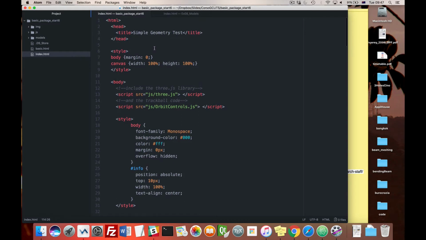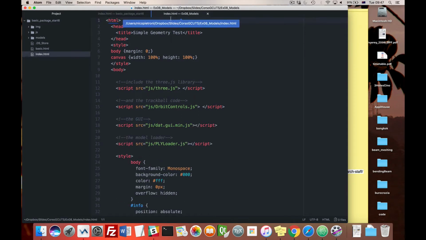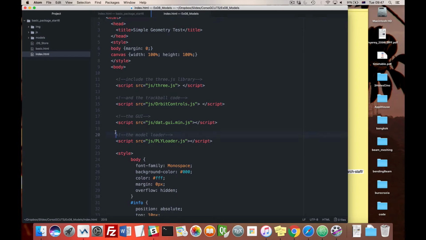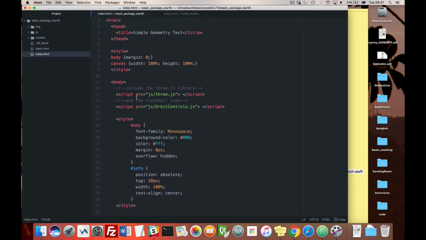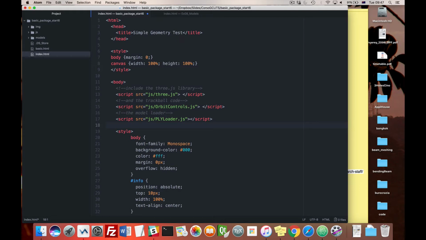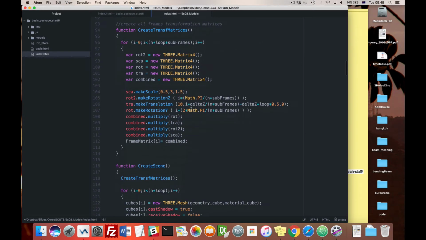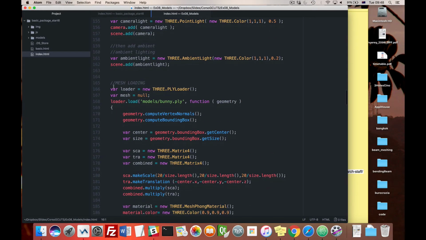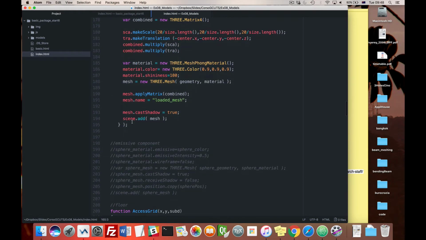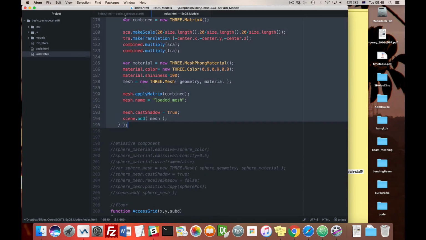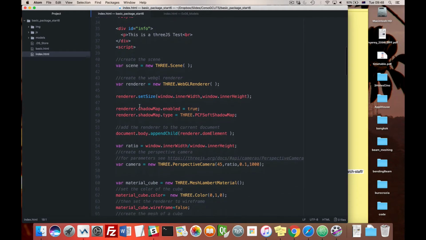model. First of all, what you have to do is add the model loader. This is PLYLoader.js, which is the JavaScript module to load ply files. Then you just have to include it here. Okay, and here I copy my code from the old application, where there is a part where I load the mesh. So I copy this here,